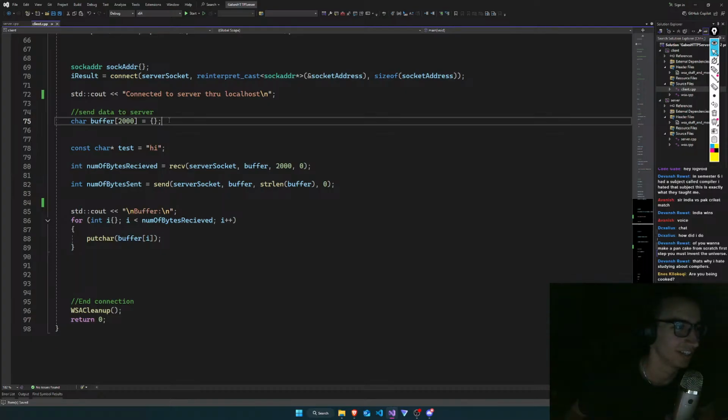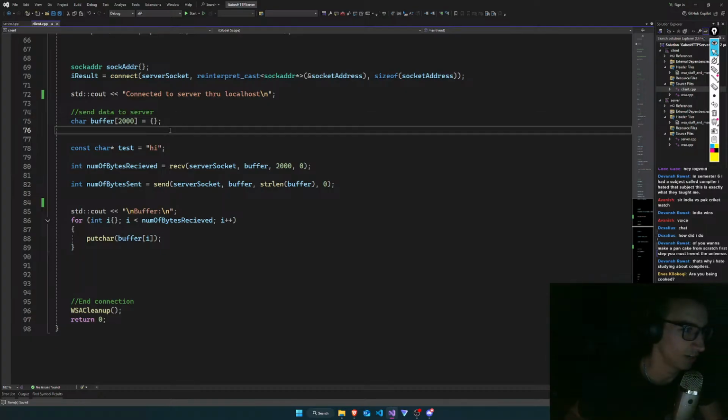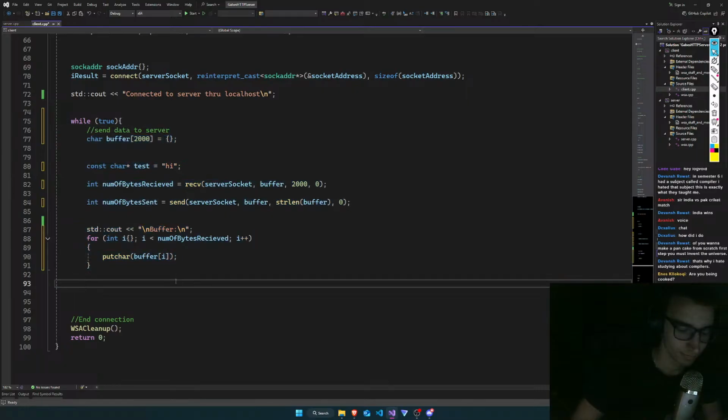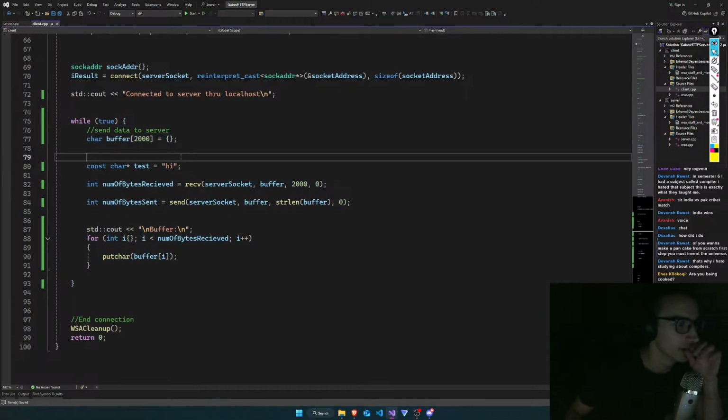Right, now then, send data to our server. Yeah, send it. Buffer. Right, let me cook one sec. Go ahead. So, got the buffer. Right, we've got while true. And then we just do this. Then we will